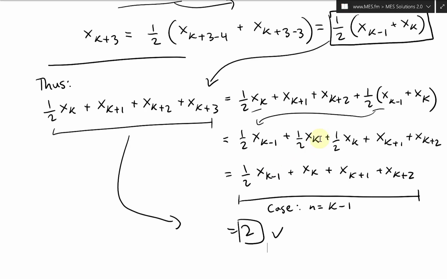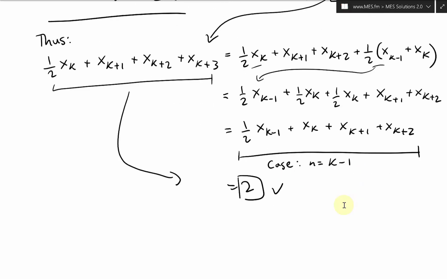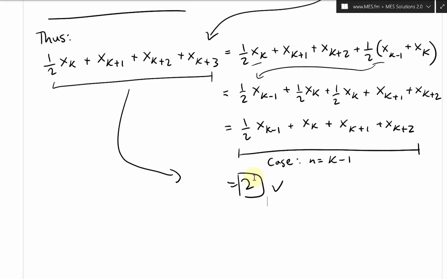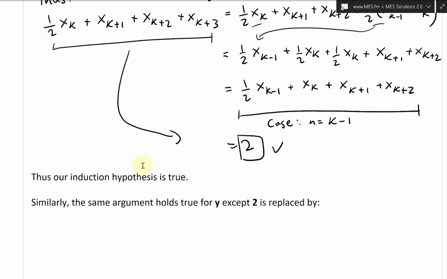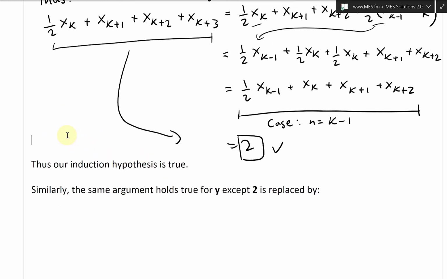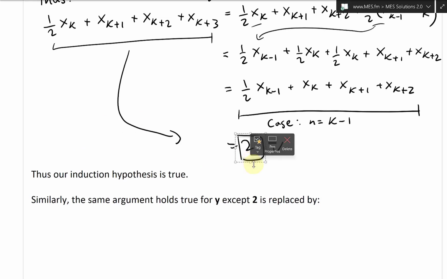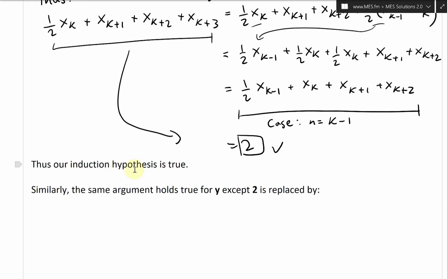And that's a check mark, because this is the case for n equals k minus 1, which we assumed is true, and then the case for n equals k is also true. So hence we proved by induction. All right, so thus our induction is true. And I'll make some room for it. So our induction hypothesis is true, and similarly the same argument holds true for y, except 2 is